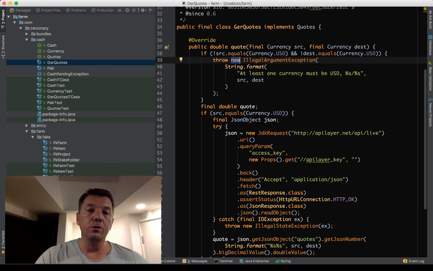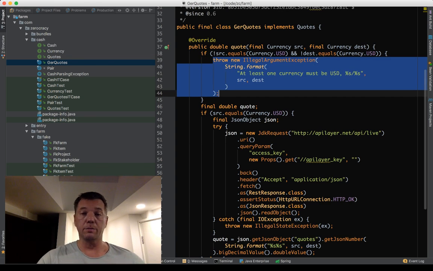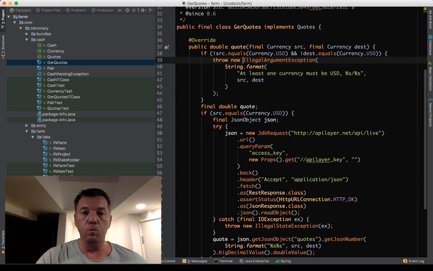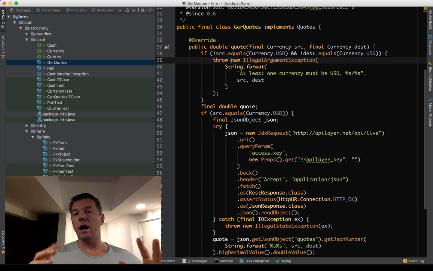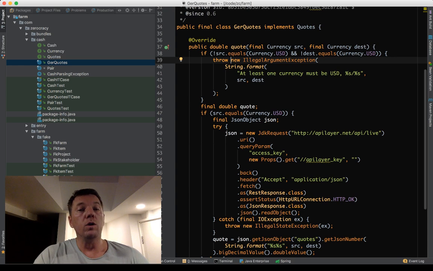But it's hard to imagine a situation where we actually want to change the exception which is thrown here. So say I want this class to not throw the illegal argument exception, but throw something else. It may happen in some future.